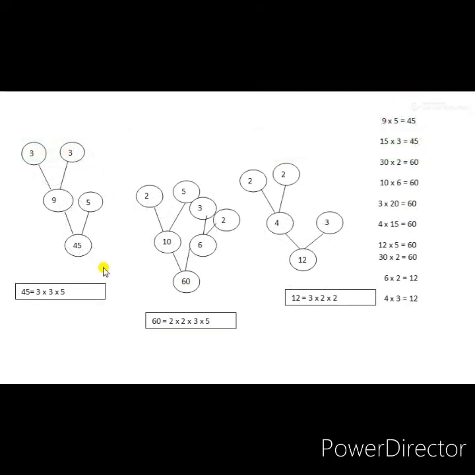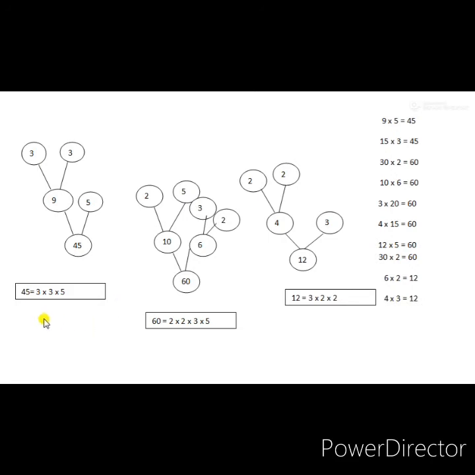First I took the number 45. How can we make the factor tree for 45? 45 comes in the tables of 9 5s are 45, 1 into 45, 45 into 1, then 15 3s are 45. In many tables it is coming, but I took one example. 9 5s are 45. We make 45 into the factors 9 and 5. 5 is a prime number, so no need to convert it. Now 9 we have to convert, it is a composite number. 3 3s are 9. In this way the prime factorization of 45 equals 3 into 3 into 5.